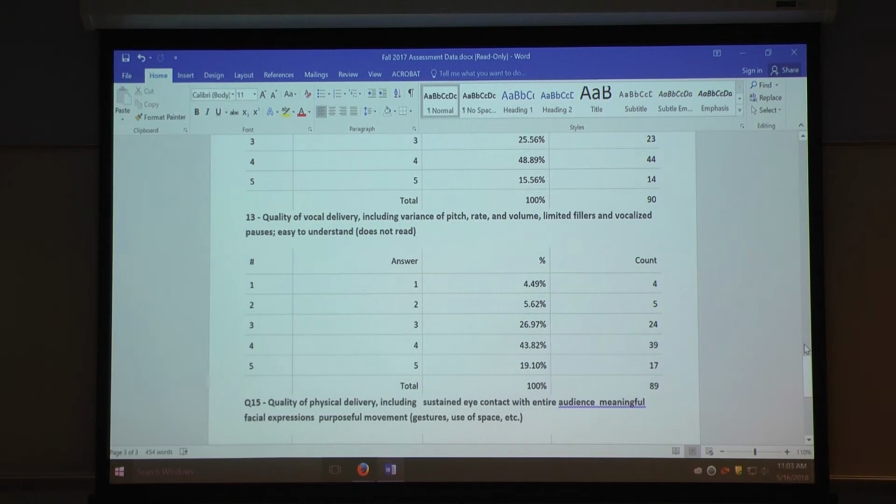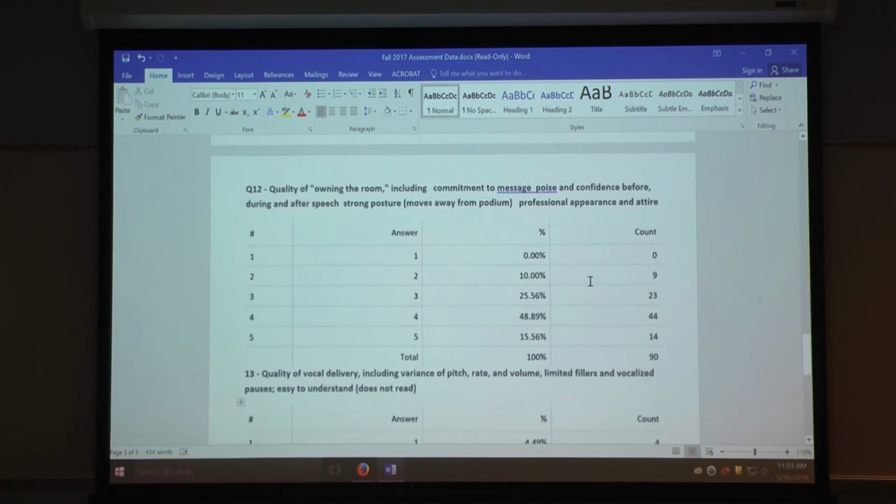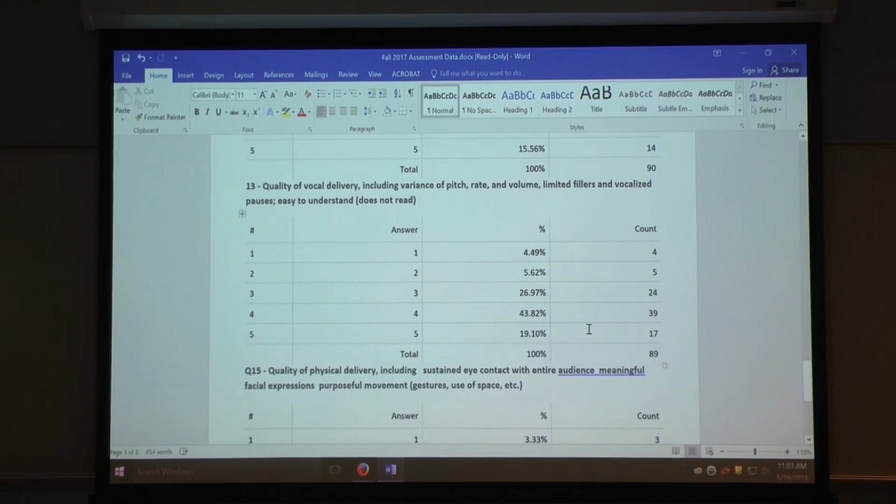So for example, if vocal delivery is an area we want to work on, if these low numbers we don't like, could we do something else in our classes to work on that? Could we incorporate one extra exercise at some point before the persuasive speech so that they can work on things like their projection, their articulation? Maybe they've got a lot of fillers. Maybe we could incorporate one extra thing to help bolster and get those numbers